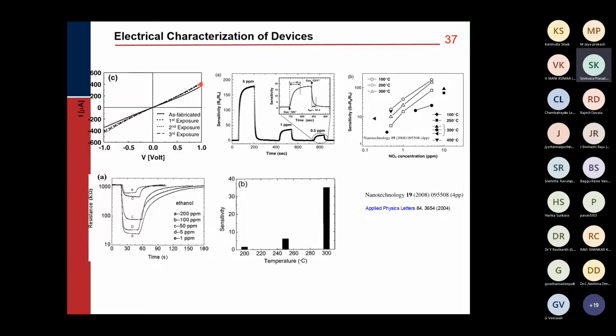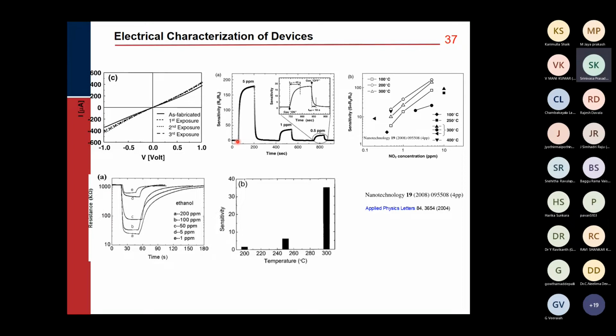That means what is the difference in the value of current that is happening in different cases. Now, here you can do a dynamic measurement also. For example, you can measure the sensitivity, which here is defined in terms of the resistance between the exposed and unexposed condition, and it is measured as a function of time. So let's say we're starting from 0 time, 0 seconds, and we measure this sensitivity, nothing. Then we start